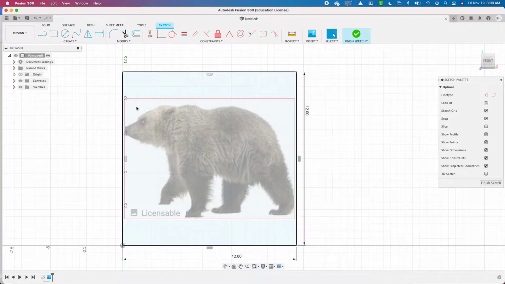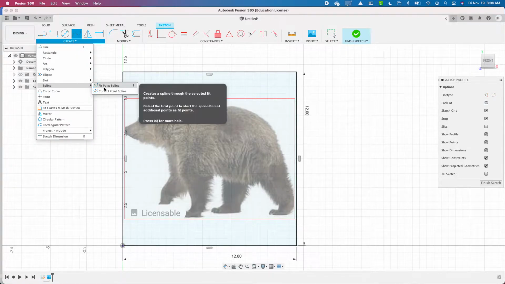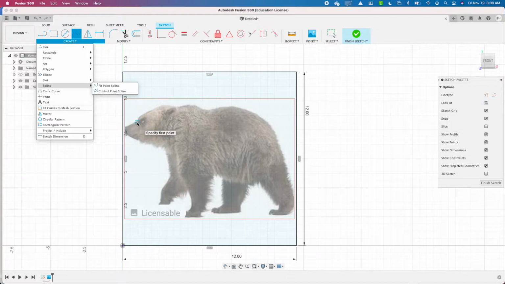A spline is a curvy line that bends around certain control points. Organic shapes like bears generally work better with splines. I'm going to show you how to do that now. So with the spline tool here, or create spline, fit point spline, you can go through and start to trace